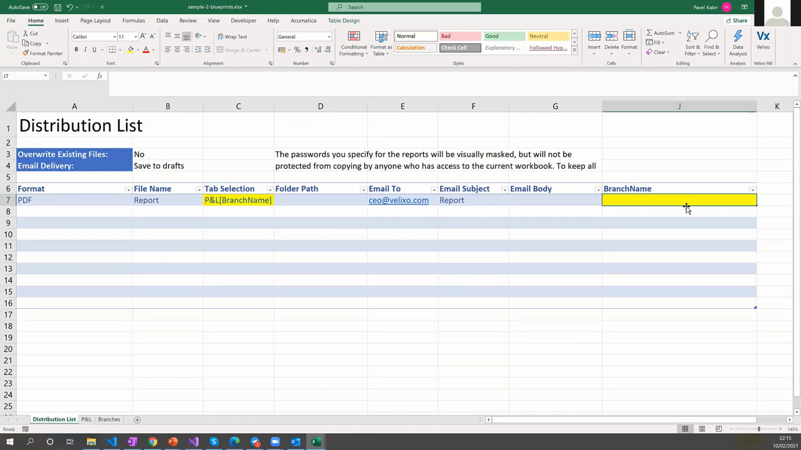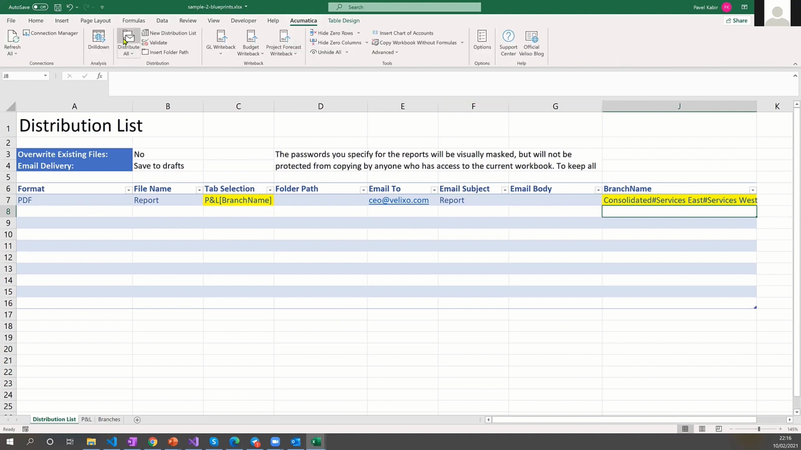As for the values of the branch name, I will enter them as previously into this custom column called branch name, but now I will be entering multiple values separated by a hash symbol, like so. So I'll enter consolidated, hash, Services East, hash, and Services West. Okay. And now when I click distribute all